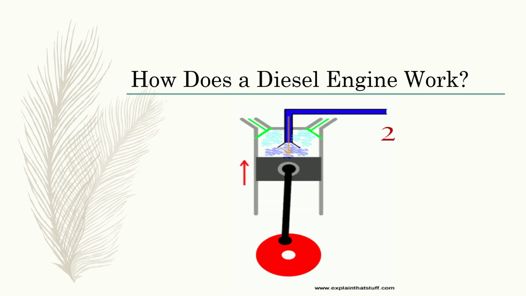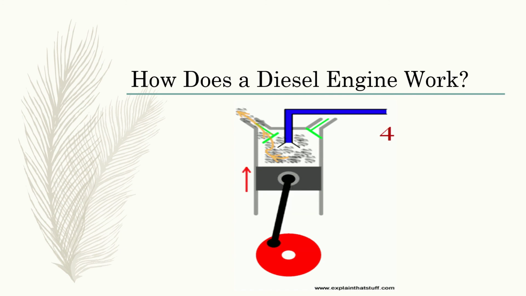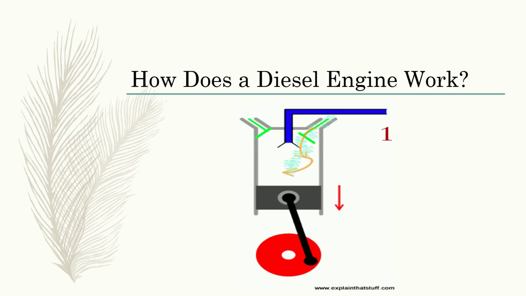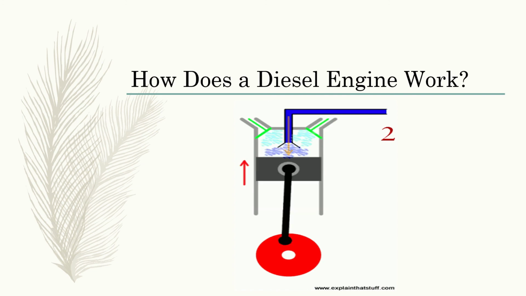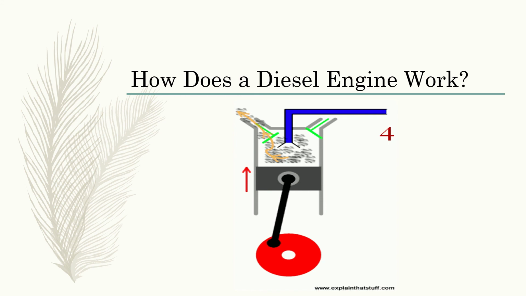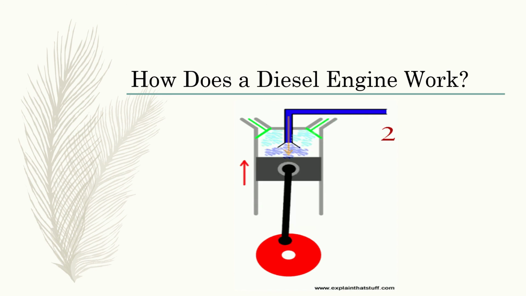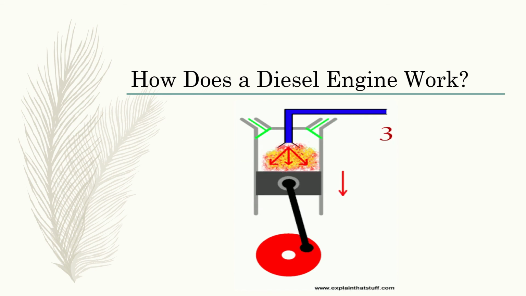This cycle, which has a total of 4 strokes, is repeated over and over for continuous power production, from suction to compression to power and to exhaust. You may have noticed that a bowl is provided on the top of the diesel engine piston. During the compression stroke, this bowl helps to produce rapidly swirling air. Thus, the injected fuel mixes with the air effectively.